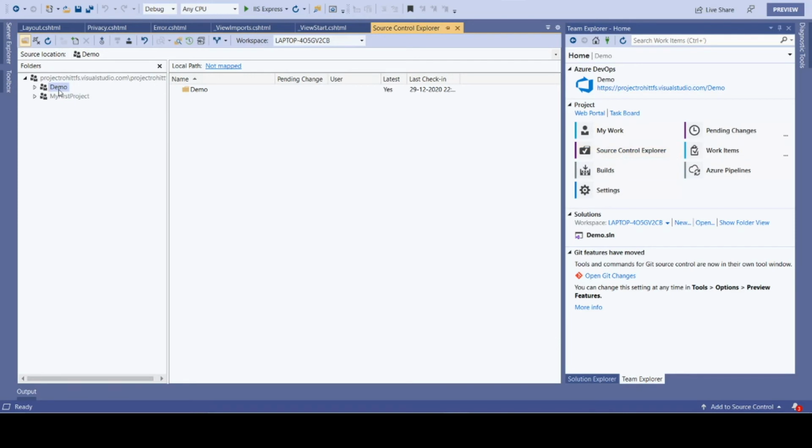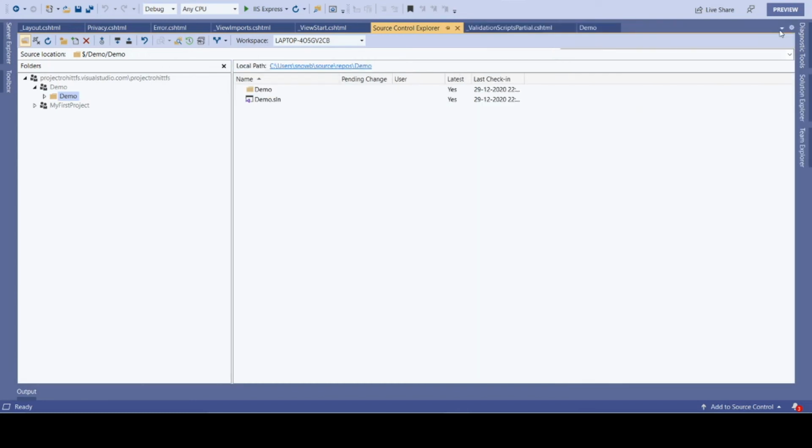If you see, demo is the one where I have access, and it shows me the location and the path of this particular project where it is present.